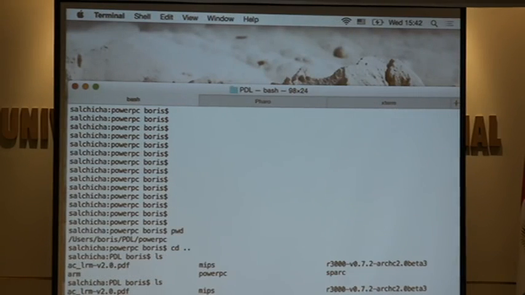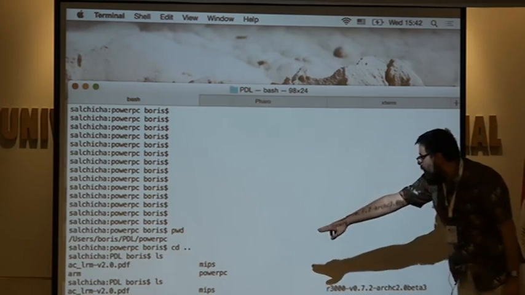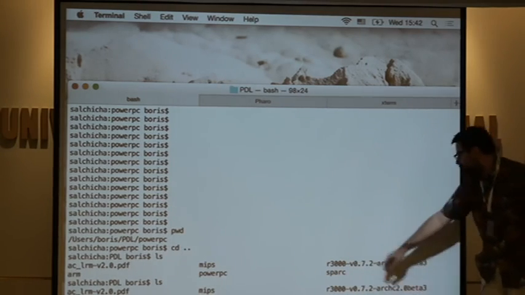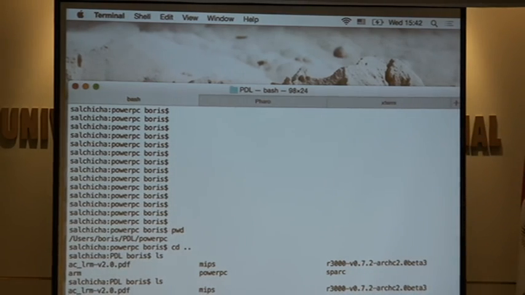Okay, so this is a directory with a bunch of models for MIPS, for ARM, for PowerPC, for Sparc, for MIPS 3000.